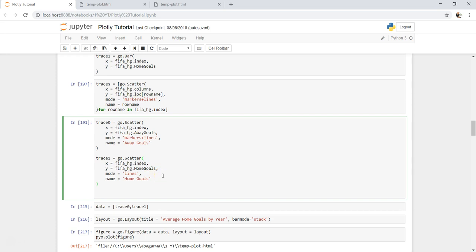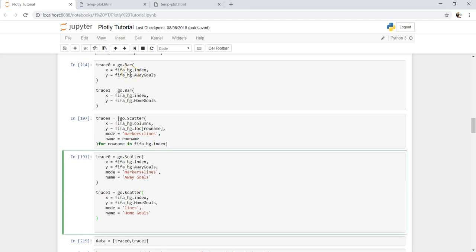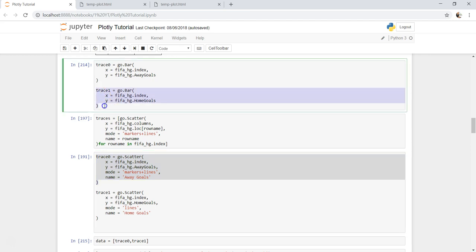So we have done a lot of work in creating that, and now what we will do is we will just combine a few things. In this video we want to combine the bar chart with the line chart. So what I will do is I will simply take this trace, which is 0, and paste it over here,